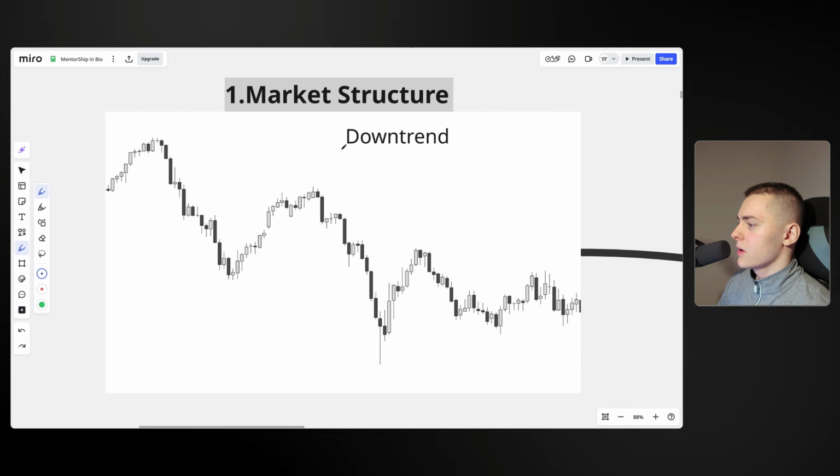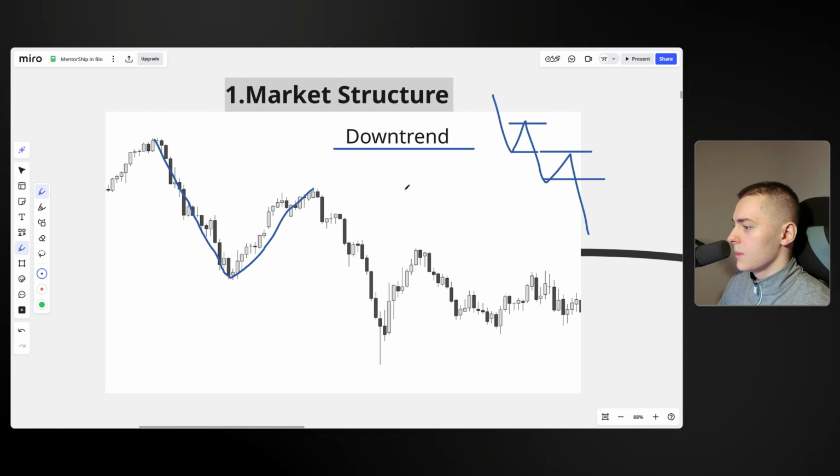Now, the next market structure is downtrends. Downtrends are very self-explanatory. It's trending to the downside. As you can see, we're slowly moving to the downside. We do have some pullbacks because no trend lasts forever. Even if you have a heavy downtrend, you will always find these little pullbacks, as you can see right in here. Because no chart goes straight in one direction forever and never returns. That doesn't happen. And as you can see, we have a nice little downtrend with some nice little pullbacks.